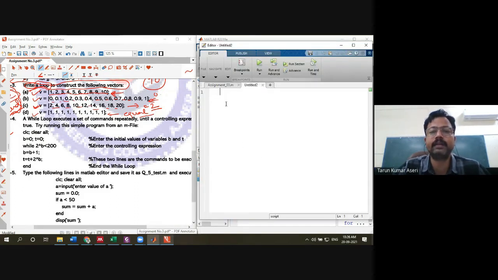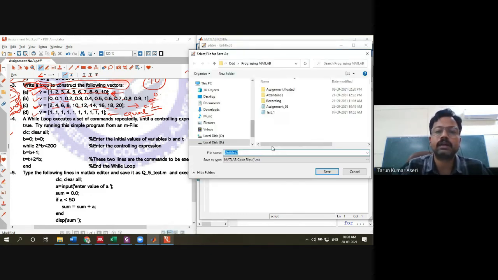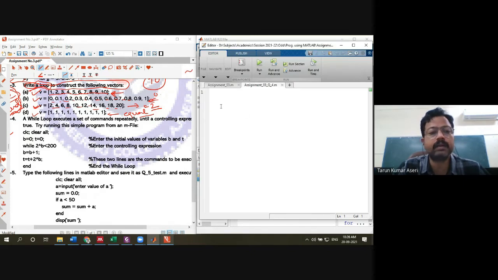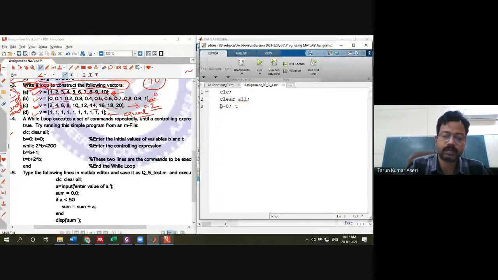Again, we are going to write a new script and save it first as Assignment number 3, question 4. Okay, save it. Now write clc, that means clear screen. Clear all the earlier saved data in the workspace with this syntax. Now type b equals 0 and t equals 0.